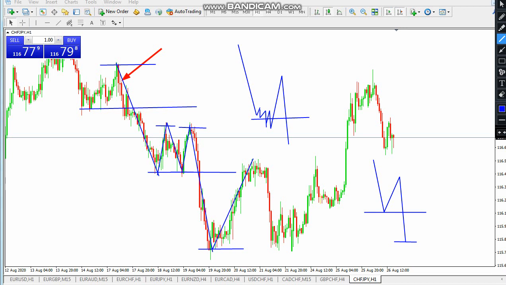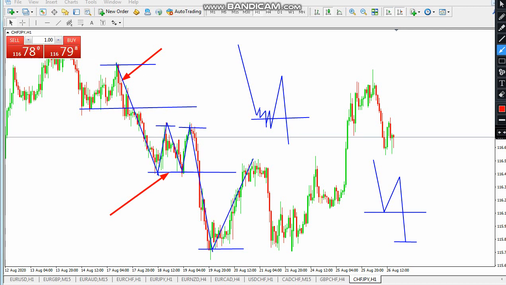This tells us that hey, this seller still has momentum, it still has some strength. So we are still expecting that it's going to break and go below this particular area. We are expecting that if it moves again, then we are still expecting a move that is going to go below this area.